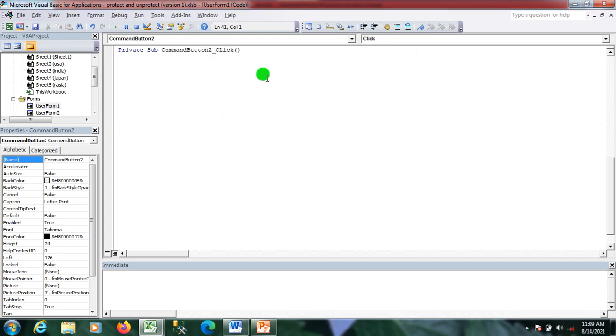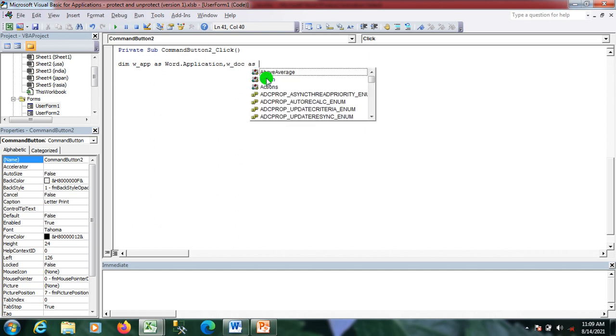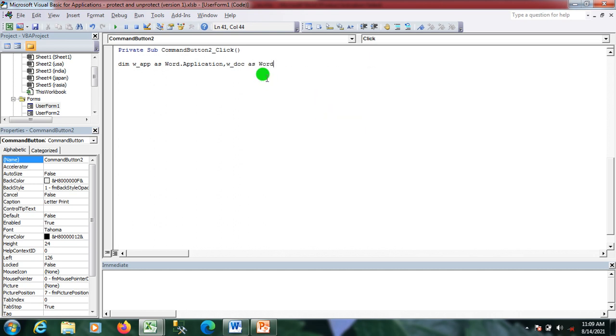Now I'll declare a variable, wordApp As Word.Application, and here I am declaring one more object, wordDoc As Word.Document.